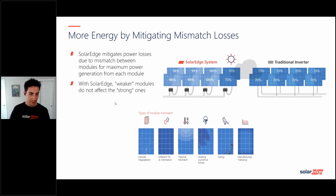All PV panels experience mismatch, causing power losses and dragging down system performance. There's a variety of reasons that mismatch occurs, but it tends to get worse over system lifespan. So soiling, manufacturing differences, all of these things can increase over the lifespan of a system. In a traditional stringed PV system, one module producing less energy due to mismatch can affect the production of the